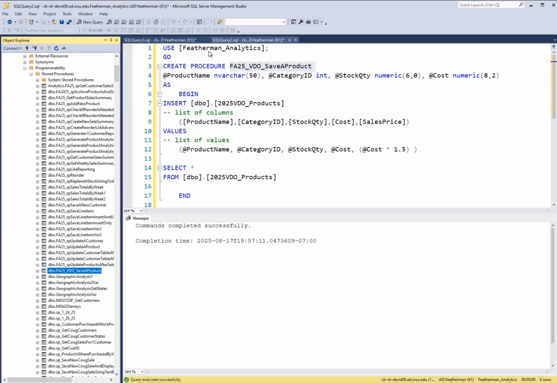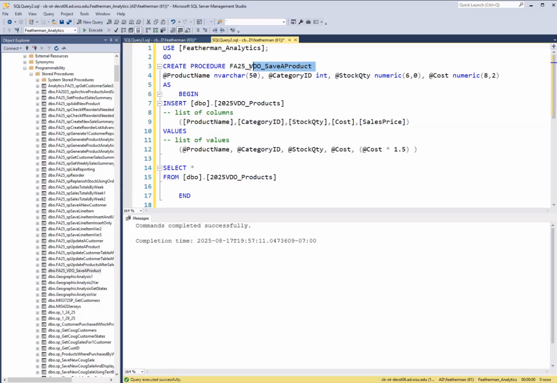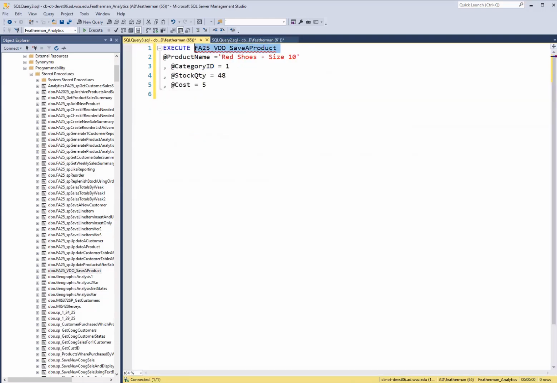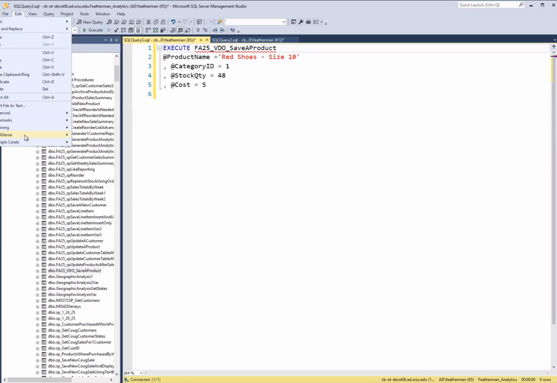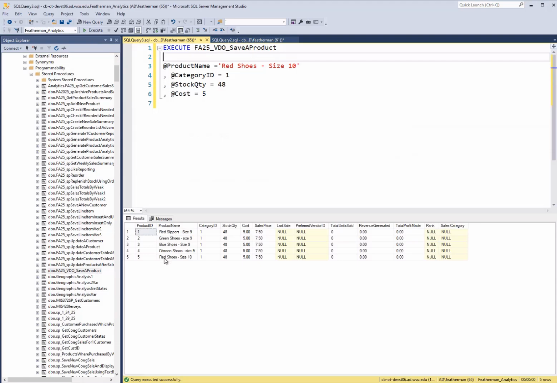And then we can use it. Just making sure there's no typo there. All right, so this is when we need our edit, IntelliSense, refresh local cache. So red shoes size 10, category ID 1, stock quantity, and that saved